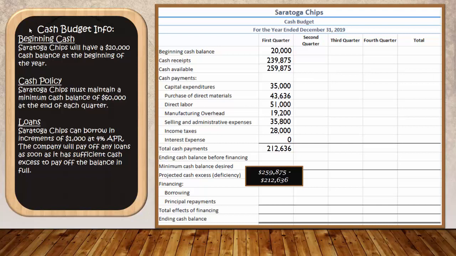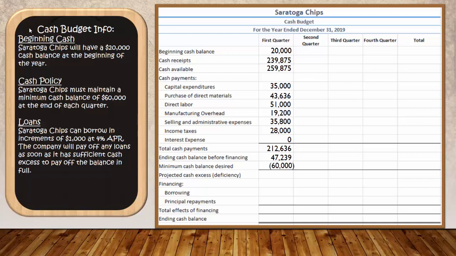And to do so, we take our cash available, which was $259,875, and we subtract out the $212,636 worth of cash payments that we made. If we had $259,875, but we spent $212,636 of it, it means that our remaining cash can only be $47,239. And this is going to provide a problem because we have a policy that we have to have a